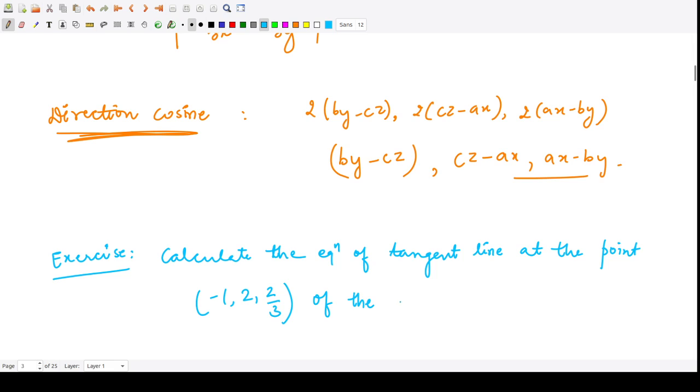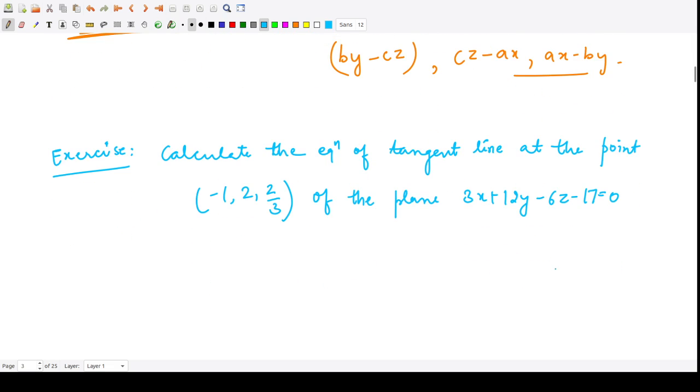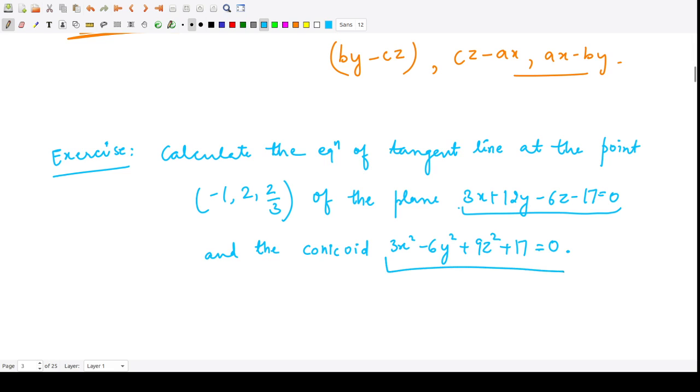of the plane 3x plus 12y minus 6z minus 17 is equal to 0, and the conicoid 3x square minus 6y square plus 9z square plus 17 is equal to 0. So that means you are given these two surfaces. So you'll first find out what is their intersection. So you'll first find out what are the tangent planes, and then you'll find out what is the equation of tangent line by taking the intersection of these